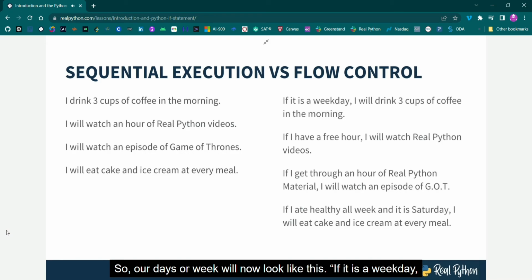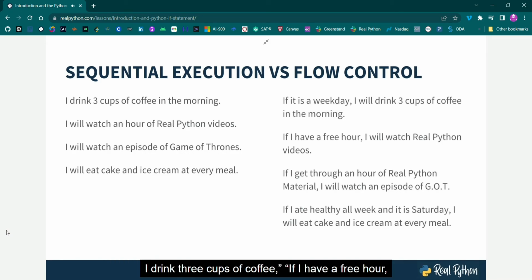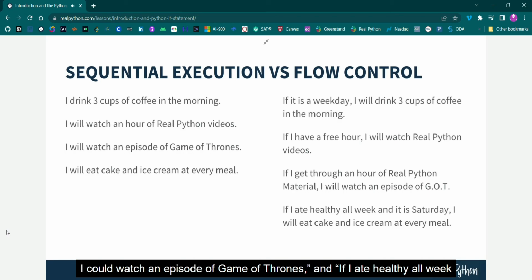So our days of the week will now look like this. If it is a weekday, I drink 3 cups of coffee. If I have a free hour, I will watch Real Python videos. If I get through an hour of Real Python material, I could watch an episode of Game of Thrones. And if I eat healthy all week and it is Saturday, I'm going to eat cake and ice cream at every meal. So you can see that this lends you some flexibility in the structure of your routine,